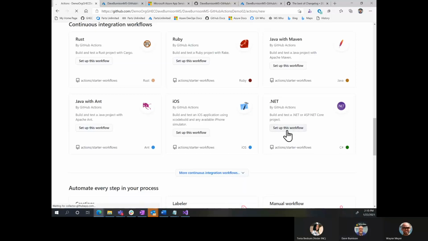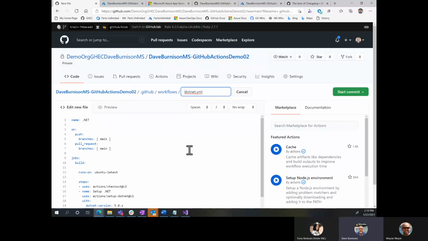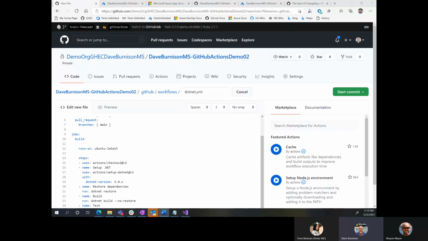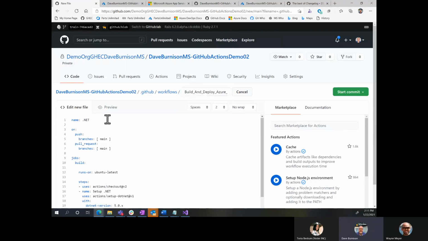So we are going to say set up this app. We see it does the basics, right? It does our restore, it does our build, but I want to give this a little different name here. So I'll copy and paste just to keep it easy on myself. There's our YAML file name,